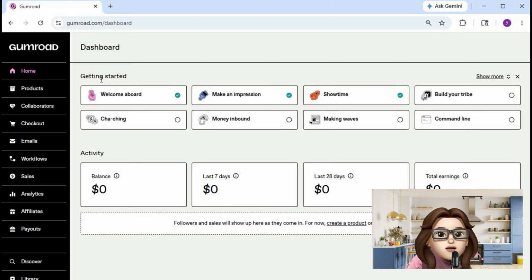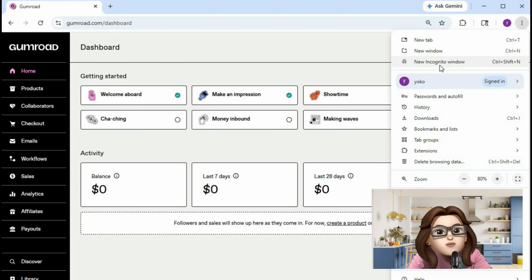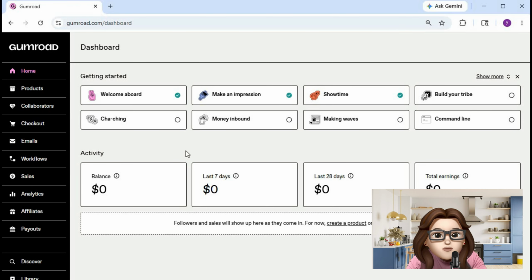If the error happens during checkout or publishing, double check your payment settings, product information, tax settings, and browser permissions. Incomplete settings can sometimes trigger generic errors. You can also try opening Gumroad in an incognito or private browsing window to see if the issue is related to browser data. In most cases, the "something went wrong" error is temporary and gets fixed after clearing cache, refreshing,